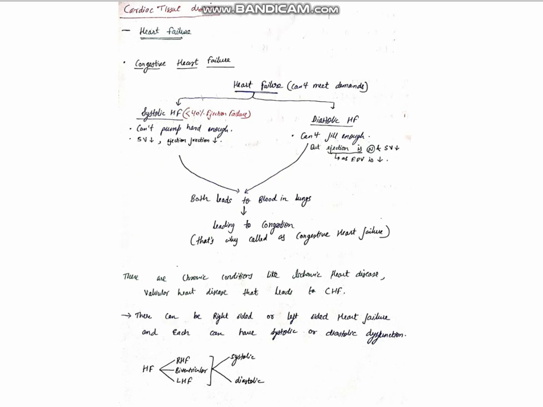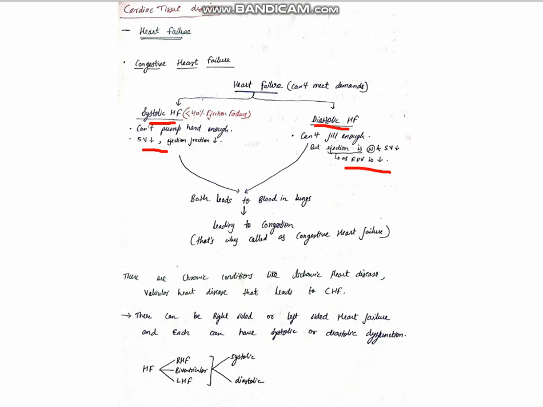In congestive cardiac failure, the heart failure can be of two types: systolic heart failure and diastolic heart failure. Systolic heart failure is when the heart cannot pump enough, and diastolic heart failure is when the heart cannot fill enough. Systolic heart failure is called when the ejection fraction is less than 40%, which means that systolic volume decreases. In diastolic heart failure, as the heart can't dilate enough to accommodate more blood, there is a decrease in end diastolic volume.